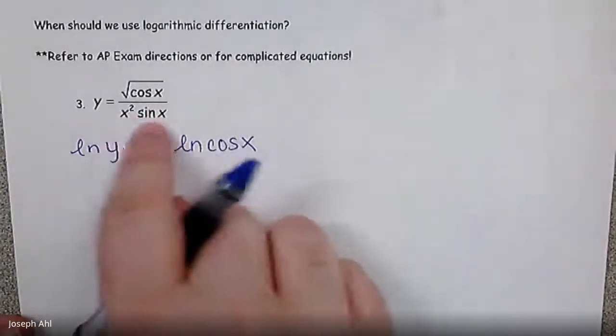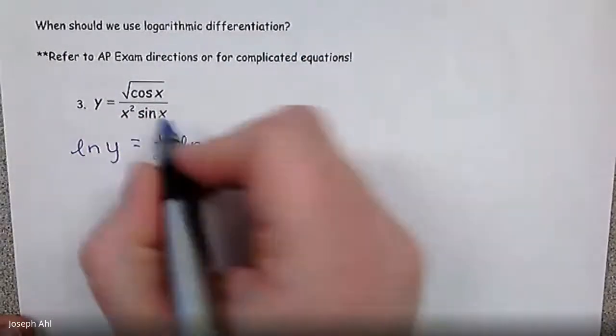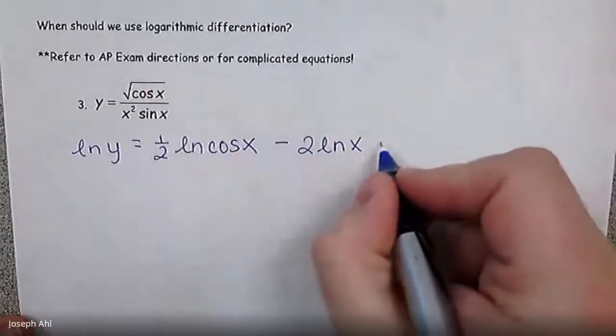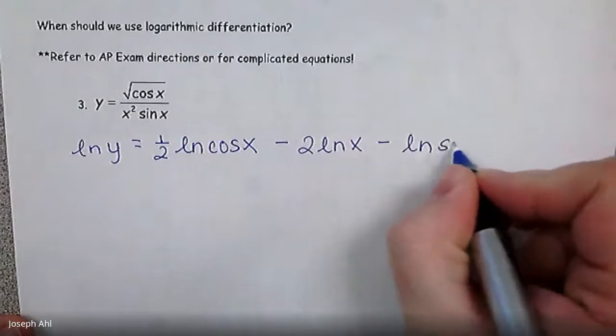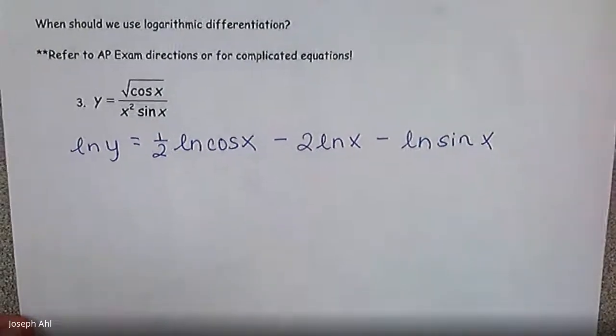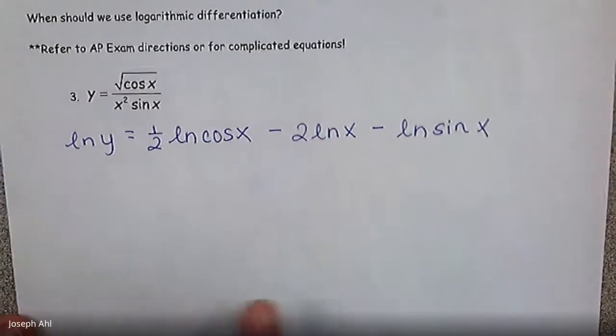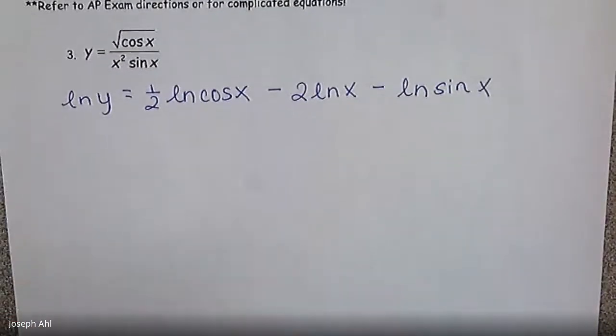And then on the bottom, we're dividing by that product. So I'm going to subtract, pull the 2 out in front of ln x. And dividing by sine x, let's subtract again the ln of sine x. So once you have everything completely expanded after taking the natural log of both sides, now you can take the